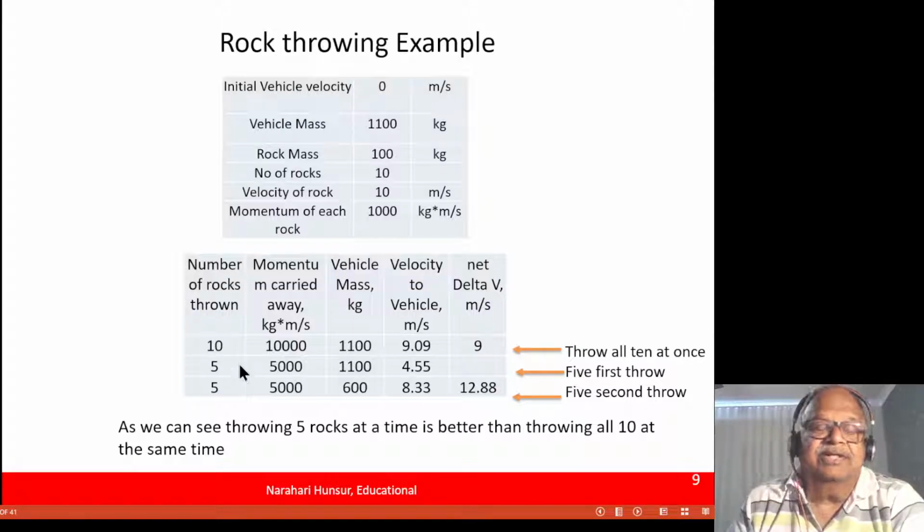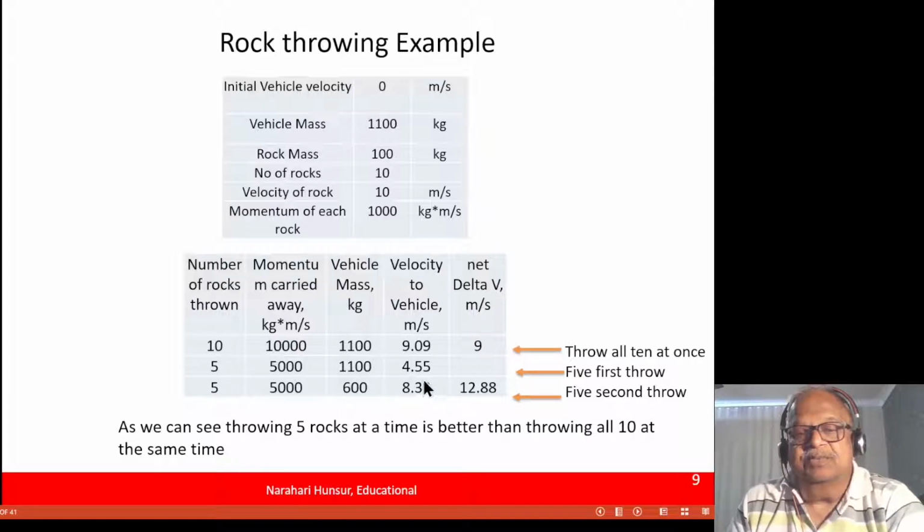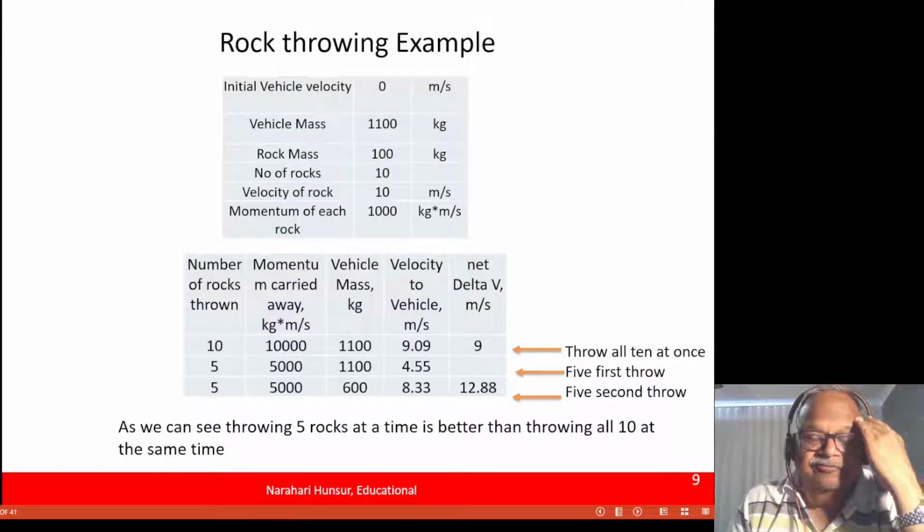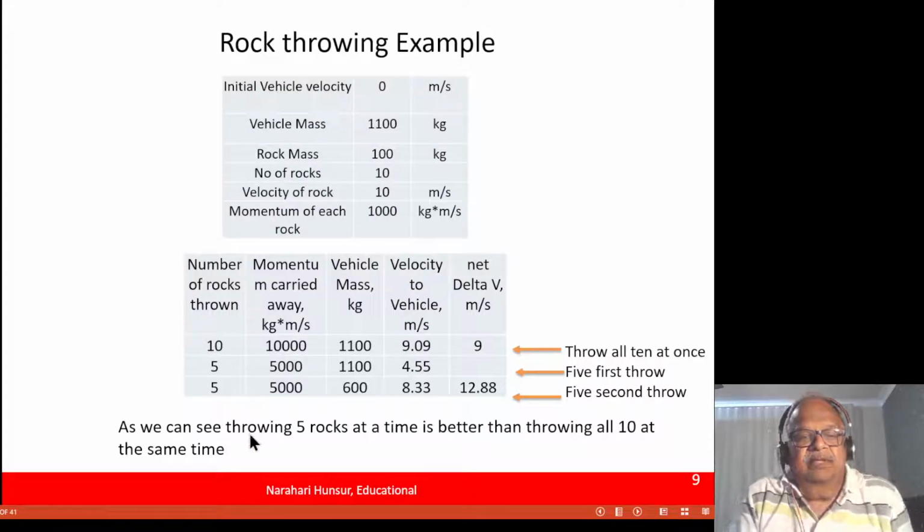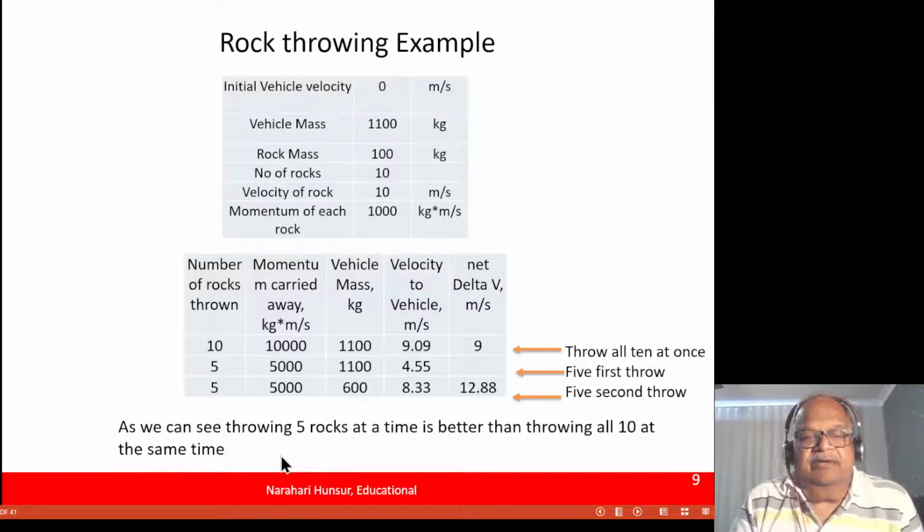You can extend it to saying that if he throws one rock at a time, he'll get much more. But of course, after some time, it kind of asymptotically flattens out. So as you can see, throwing 5 rocks at a time is better than throwing all the 10 at the same time. We will come back to the same point later because this can be directly connected with the propellant